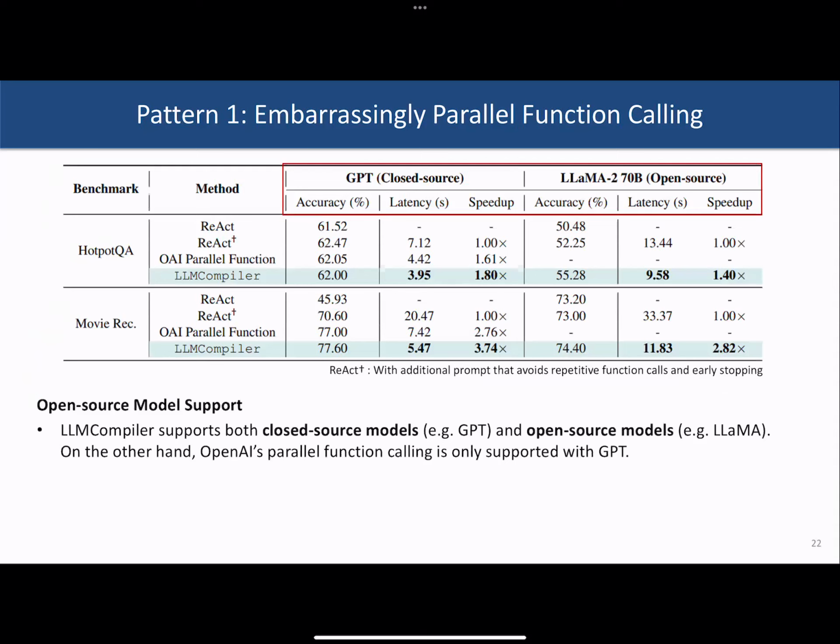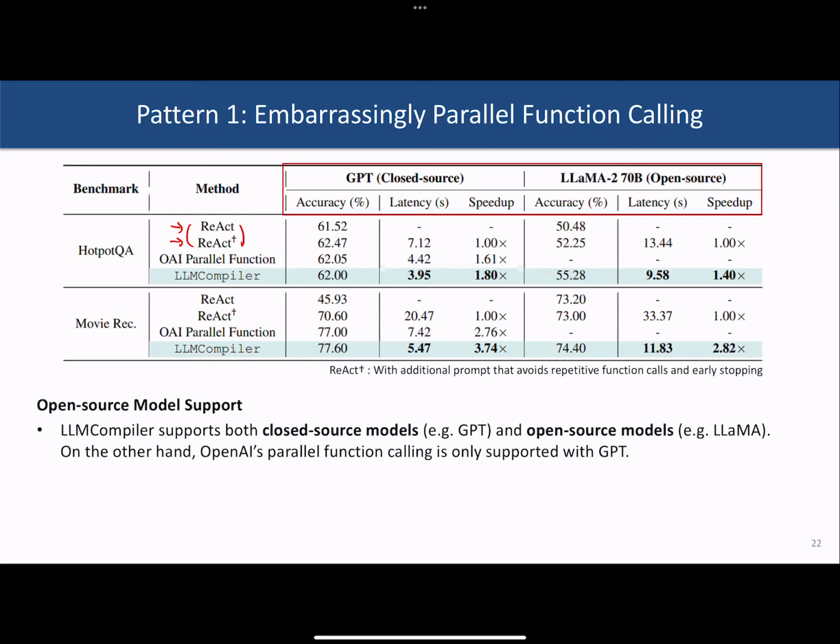This is the table where we compare our method against some of the baseline methods that we chose. First of all, we are comparing against the sequential execution-based ReAct methods. There's one ReAct without Dagger and another one with Dagger. The plain ReAct, we have observed a lot of failure cases related to, as mentioned earlier in the slides, repetitive function calls that fall into infinite loops, where you search for the same entities over and over and never get out of the loop.